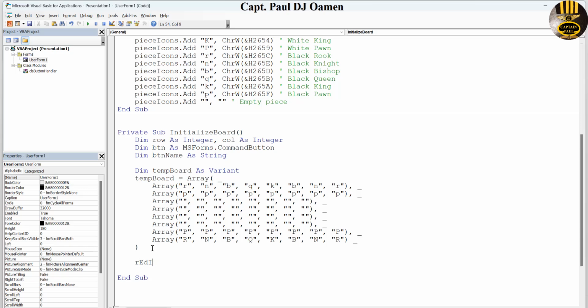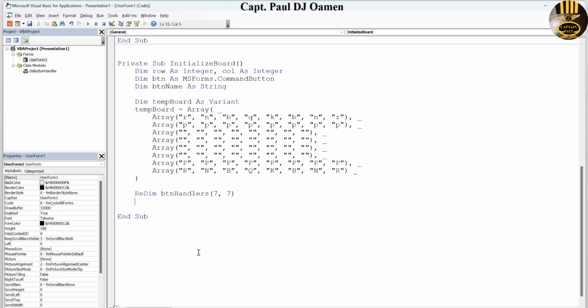let's say reading the btn handler, so that's going to be 7 by 7. So that will just resize the handler array. Now let's come down here and use a for loop